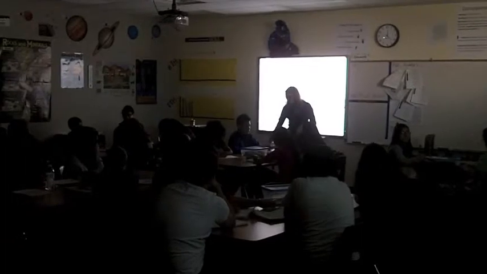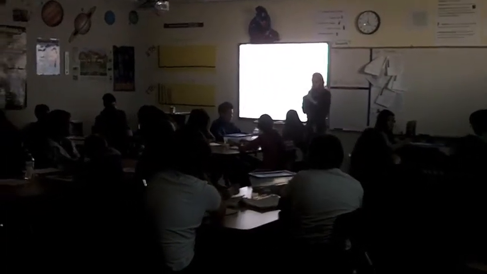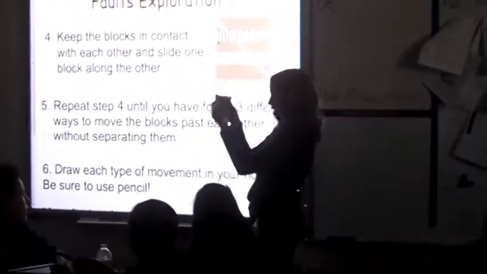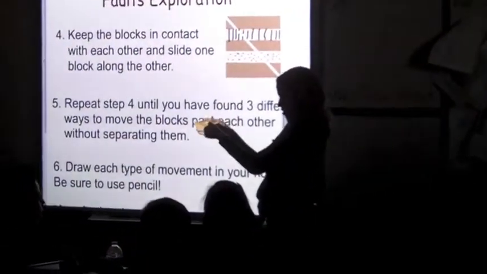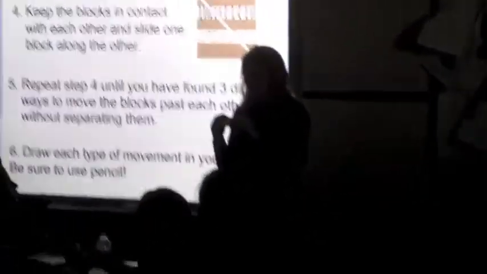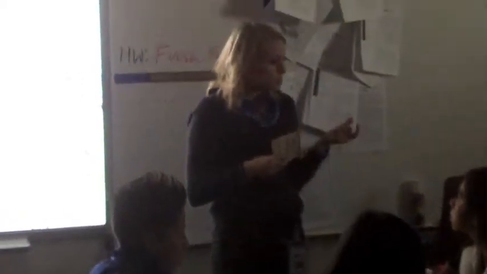I kind of walked around and looked at a few of your groups. These are some of the things I picked up on. People could go up, they could go down, where one was going below the other. It can go above it. And then side to side. So if you move yours side to side, what happened to your design, or on your tape? It looked kind of crazy, right? It would move. What did you see? It would get all wrinkled.